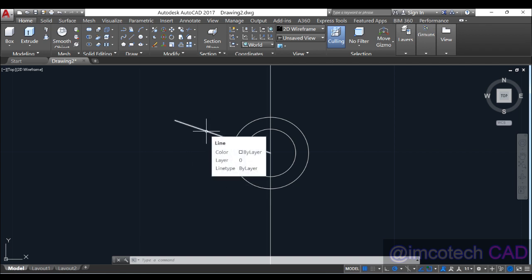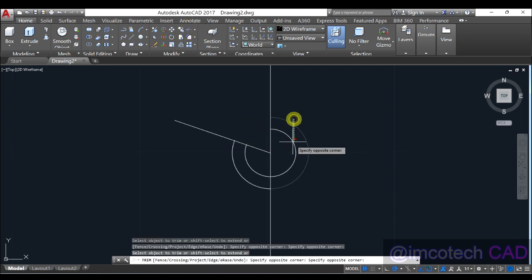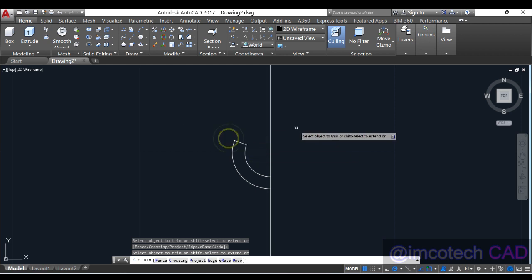Okay, so if I remove 110 from 270, I'll be left with 160. That's why I put 160 here to get this position, the vector, the direction. Now we are going to take trim and trim this and this and this. Okay, so